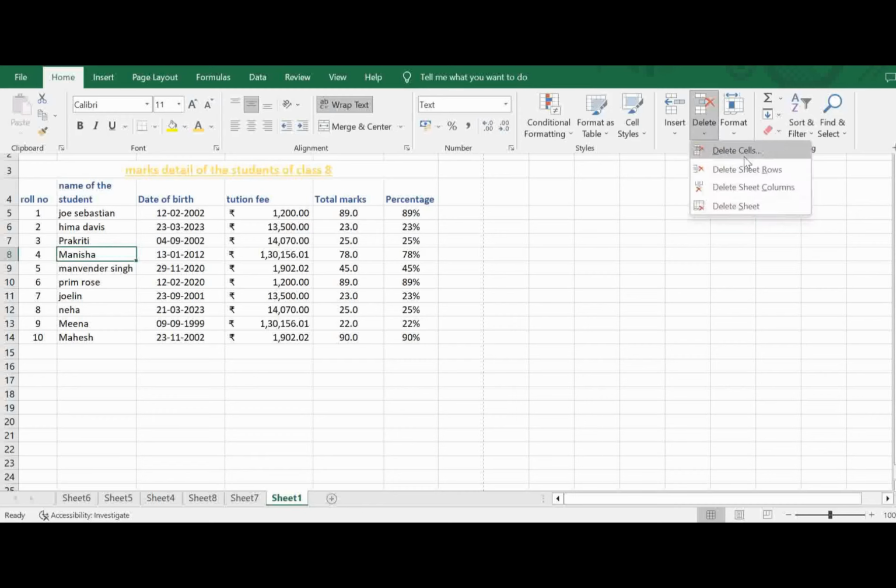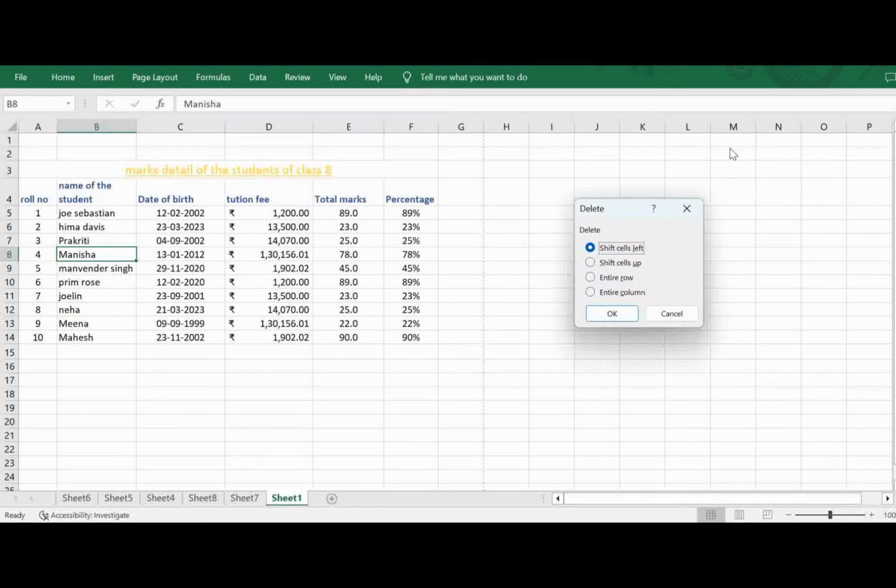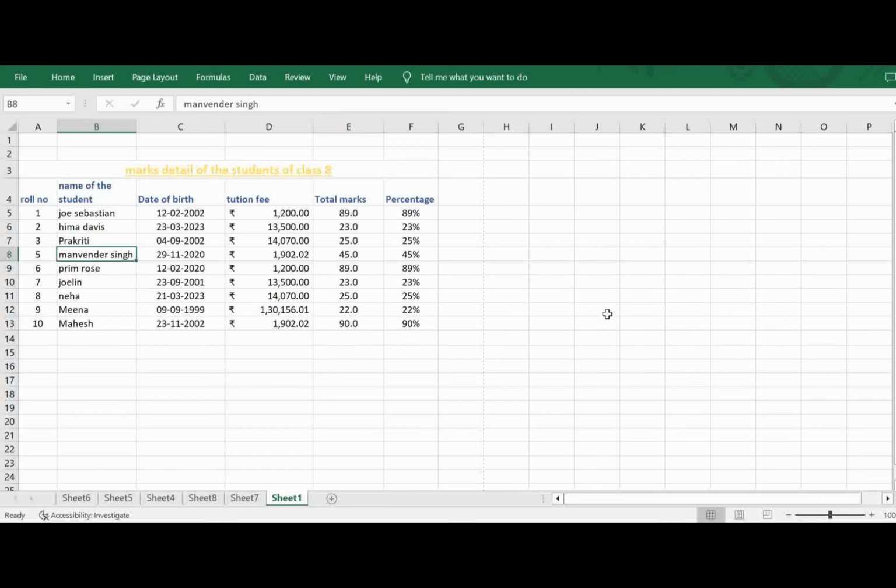If you want to delete this particular cell which has the data Manisha, but you want to delete the entire row, I select entire row and say okay, and the entire row got deleted.